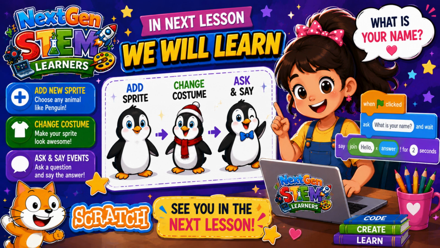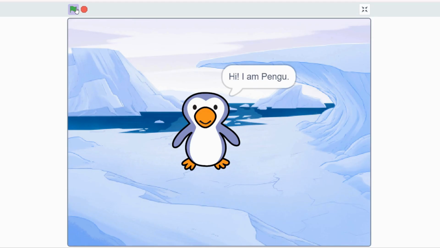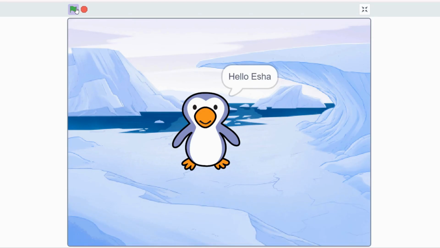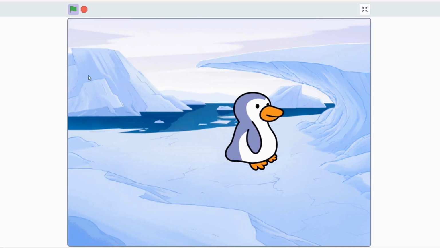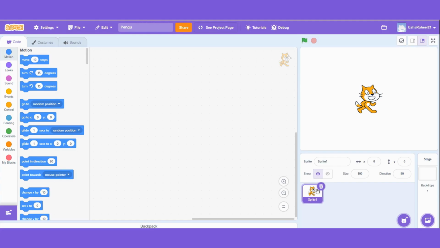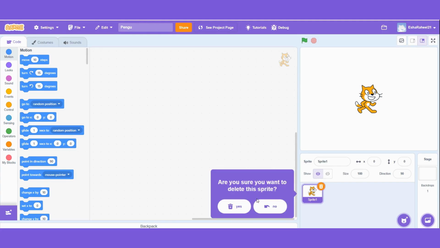Everyone, have you ever wanted your Scratch character to ask you your name and talk to you? Today we're going to make a friendly penguin that says hello and talks to you. Let's start coding. We delete the default character, that is Sprite 1,